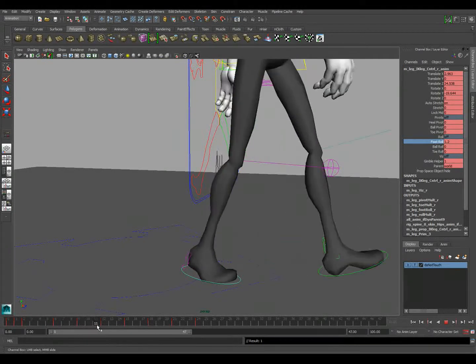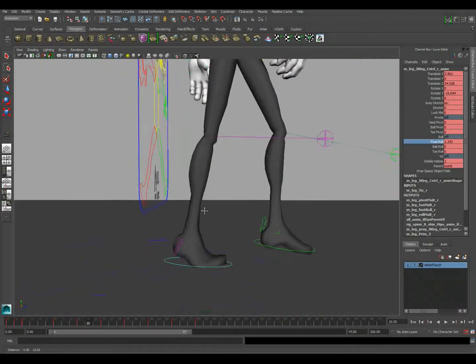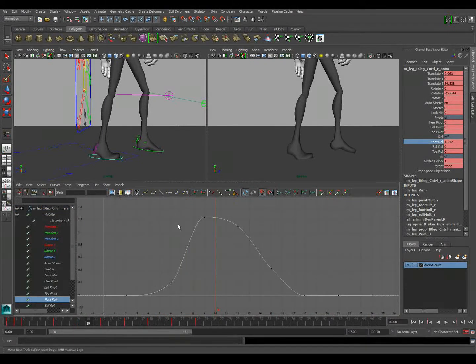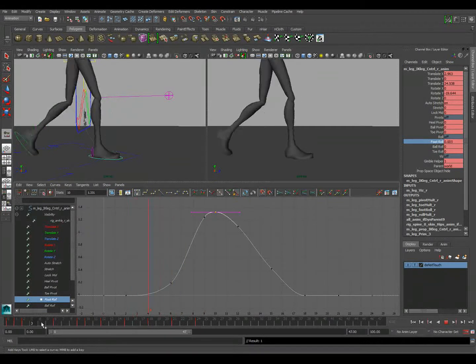So we got a little bit of that pop right there, and so it's really just trying to get that IK pop out of the hips. And there's a couple of different ways we can do that. You can usually look at the graph editor and get some of this. So if I select that control, I'm actually going to look at the foot roll control. Yeah, so we'll see here that it's already starting to dip back down. And so I could probably fix that just by adding a key to that. There we go. So now what we get is a little bit of